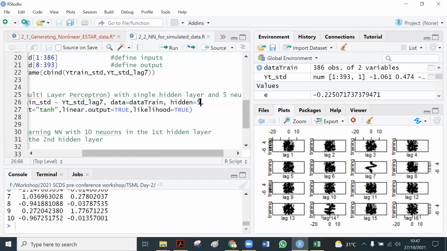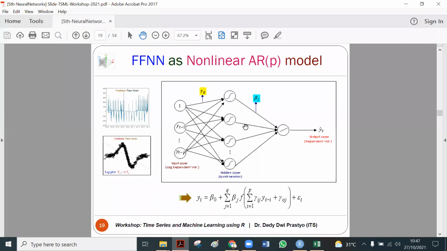We only use a single hidden layer with the number of neurons equal to 5. So it means we have only a single hidden layer with 5 nodes: 1, 2, 3, 4, 5.